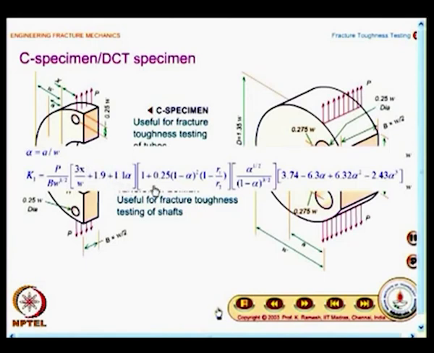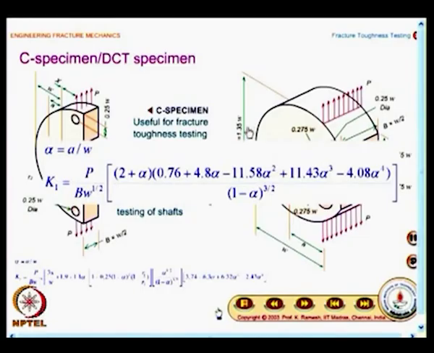the whole multiplied by 1 plus 0.25 multiplied by 1 minus alpha whole square multiplied by 1 minus R1 by R2. Then you have a factor alpha power half divided by 1 minus alpha power 3 by 2 multiplied by 3.74 minus 6.3 alpha plus 6.32 alpha squared minus 2.43 alpha cube. This is for the C specimen,